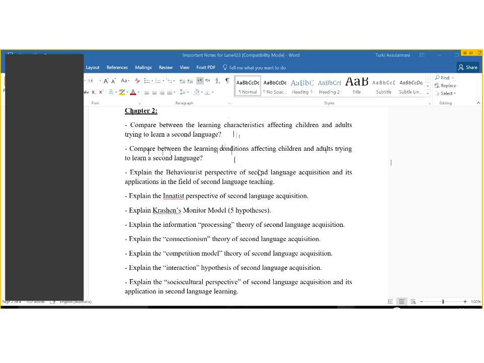The second paragraph, let's look at the third difference between children and adults. Young children in informal settings are usually exposed to the second language for many hours every day. They can listen to native speakers in the playground, in school, their neighbors when they play with them, and everywhere else. But when it comes to adults, they only listen to the language for limited hours, few hours. Older learners, especially students in language classrooms, are more likely to receive only limited exposure to the second language.